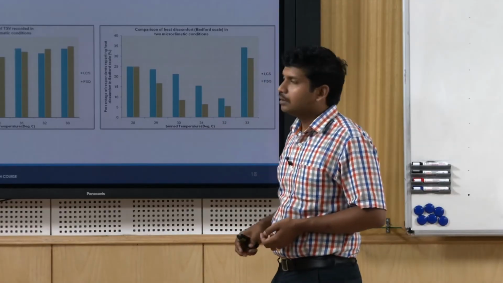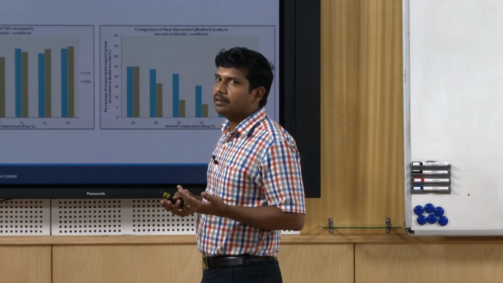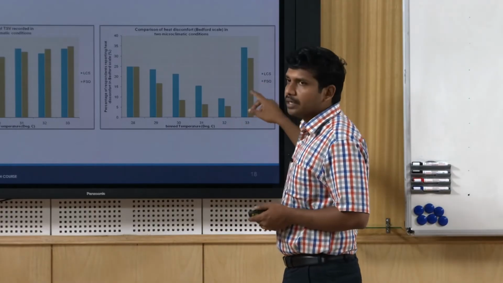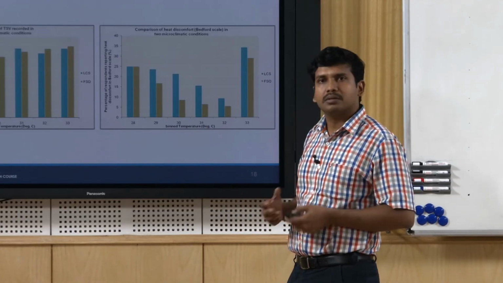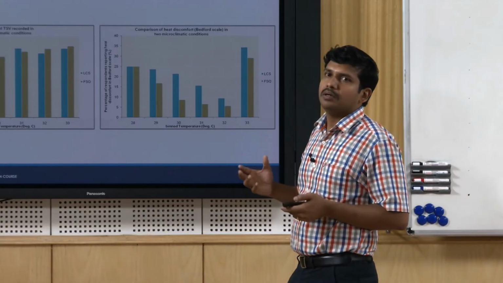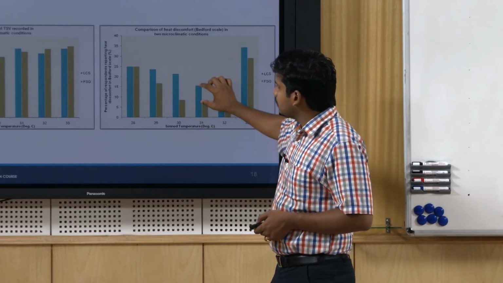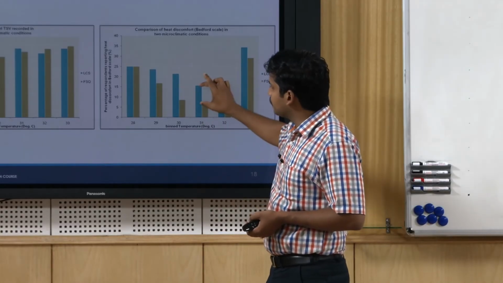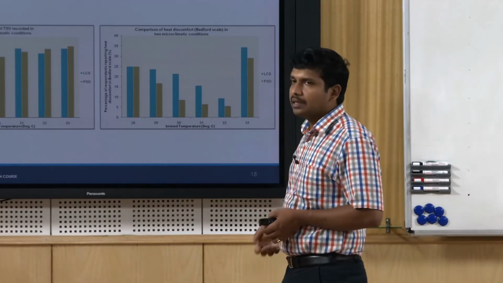This is heat discomfort, so it is on the other side. The higher the number is, more people are saying I am feeling more heat discomfort. Say take a temperature like 31 degrees, this one is located in a quieter setting, people had the flexibility to use their windows, balconies, they can open windows, they can get more ventilation compared to these people who are bound to keep their windows, balconies closed. At the same temperature of 31 degrees, almost double the percentage of people said they were experiencing heat discomfort compared to this one. This happened at almost all the temperatures.